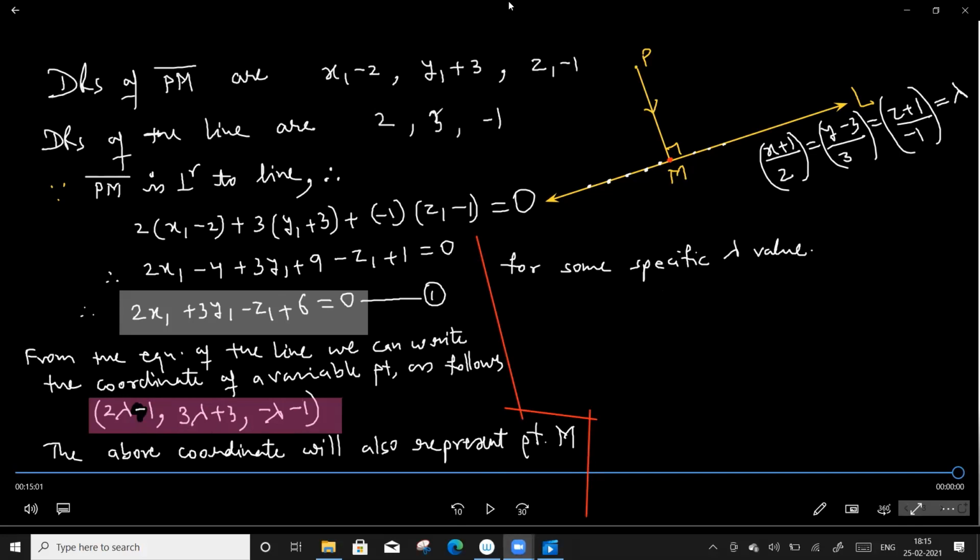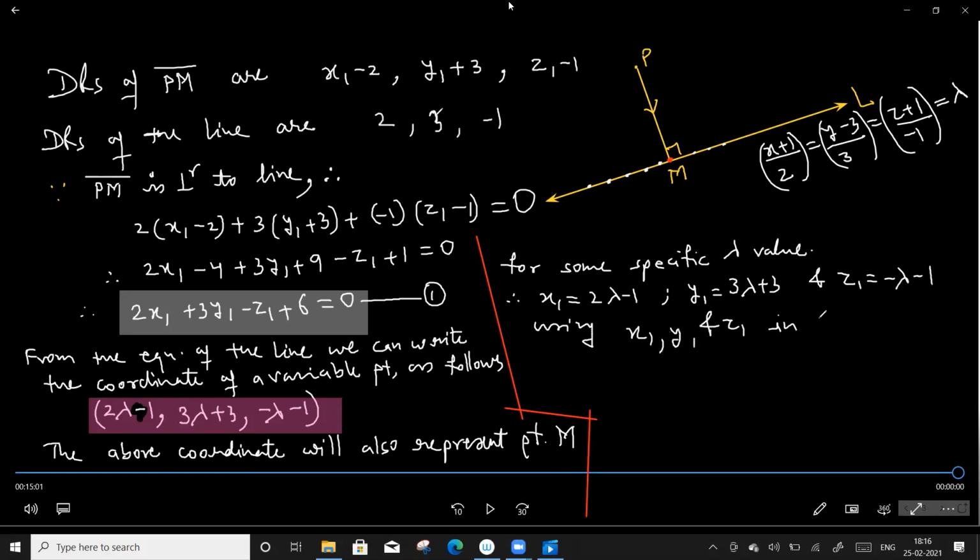Therefore, x1 equals 2 lambda minus 1, y1 equals 3 lambda plus 3, and z1 equals minus lambda minus 1. Using x1, y1, and z1 in equation 1 we get: